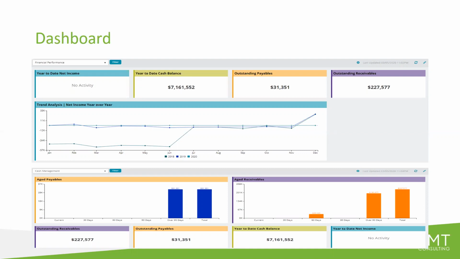Just a quick side note, a lot of this information renders quite well on a smartphone. So I've often promoted the idea, and I've seen it work quite a few times. Let's say you have a CFO that's jumping into a board meeting, it would be great to have them go ahead and pull up this financial performance dashboard just to get a quick understanding as to where things might be.